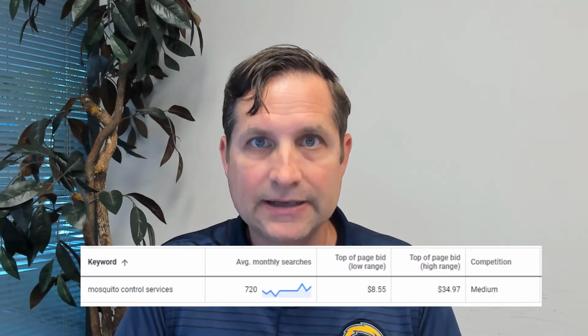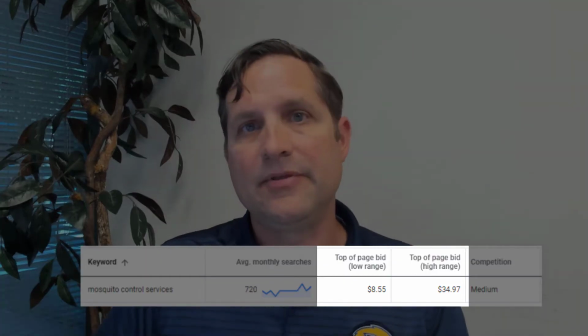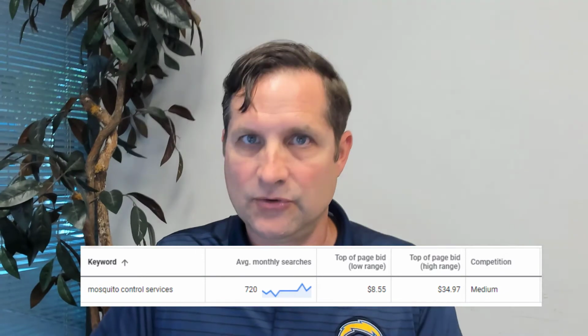There's a number of different tools we can use to help us get there, but one of the fallback ones and the most reliable ones is the Google Keyword Planner. It's free and it's readily available. Google Keyword Planner tool will allow us to see what the range is in cost per click to get our ad at the top of the page, and it'll give us some parameters to work with.